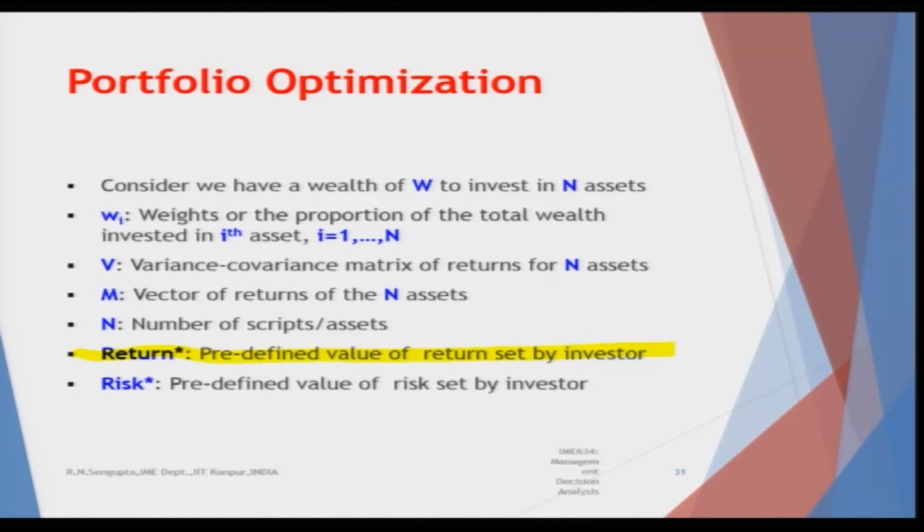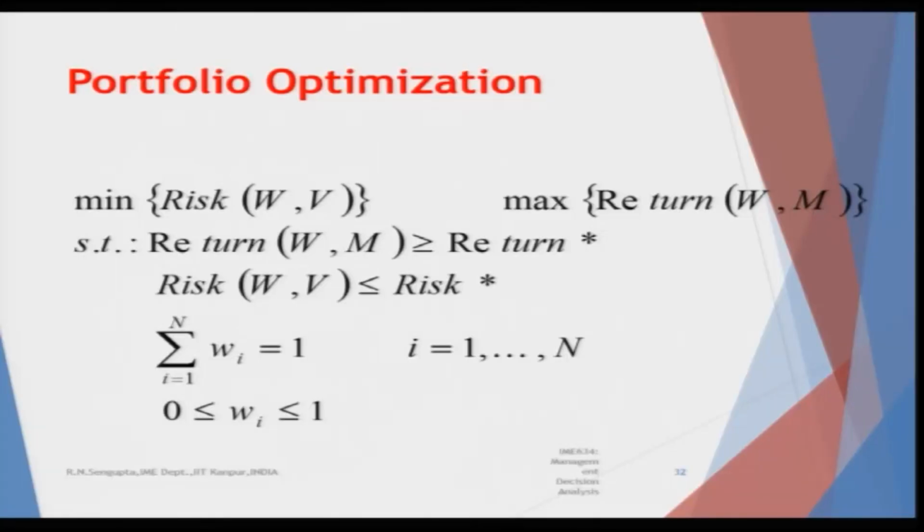And in case there is a predefined risk value, obviously we will want the risk value of the total portfolio to be less than or equal to risk star. So, again here the concept of the slack and surplus would be added. So, our problem now, I have written both the parts, I have not given a plus sign in between, as it was trying to minimize half of x into q into x plus c into x, that is the quadratic part and the linear part.